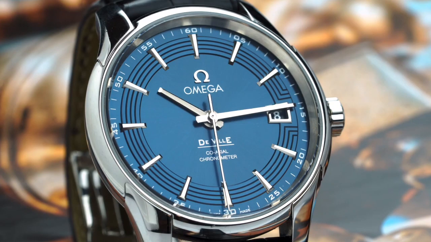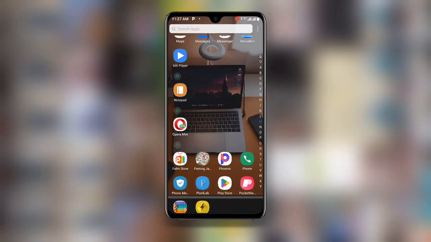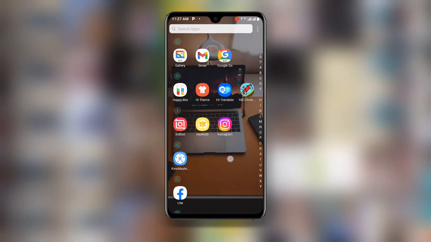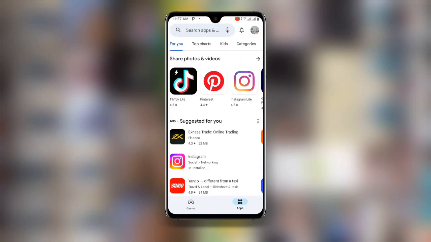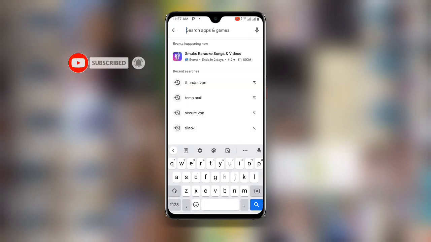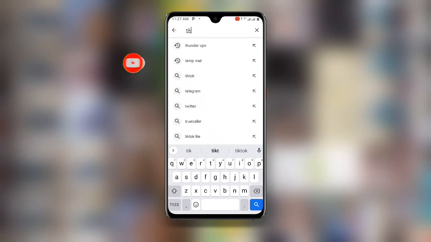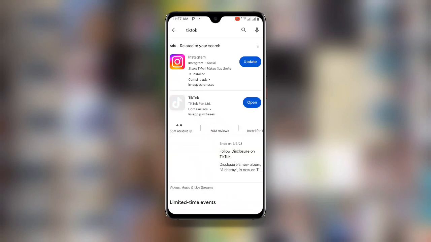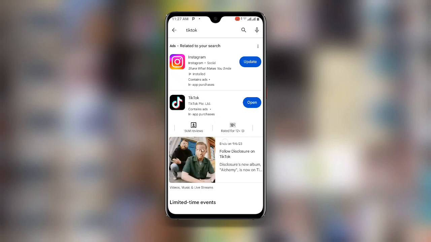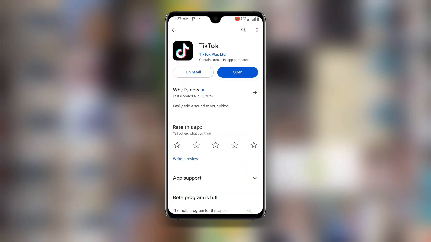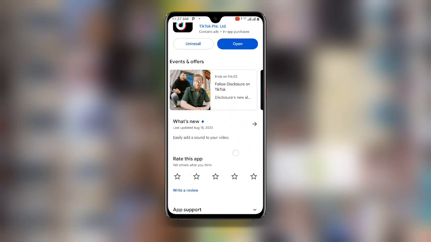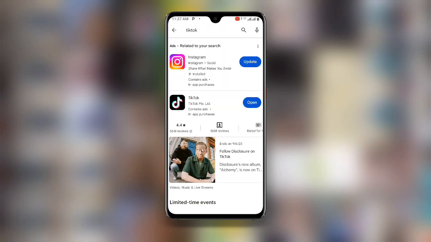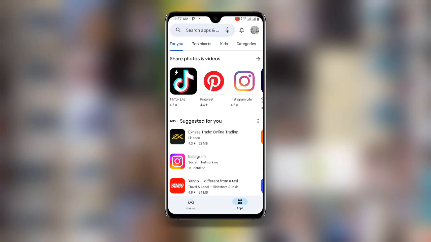Now without wasting much time, let's get started. Now in the first place, all you need to do is to open your Play Store. Now once you open your Play Store, search for your TikTok application. So just search for your TikTok, and you need to make sure your TikTok is updated to the latest version. If it is not updated, make sure you are using the latest version of this TikTok application. Now once you are done, all you need to do is to just search for this application,